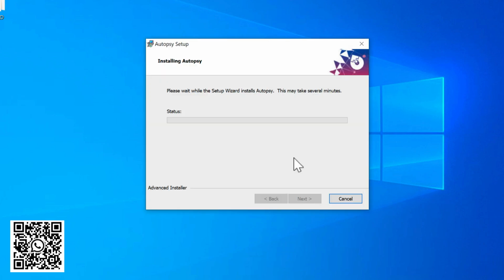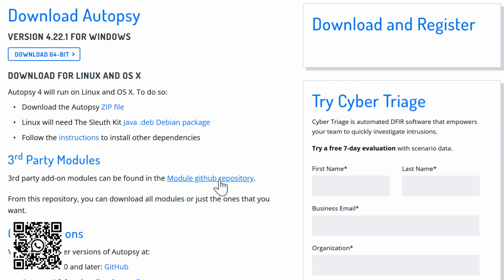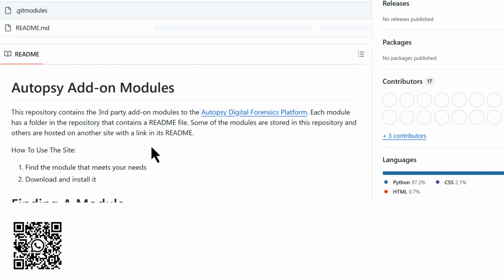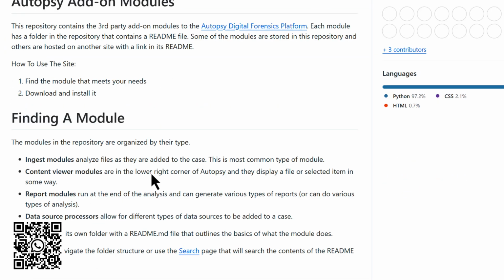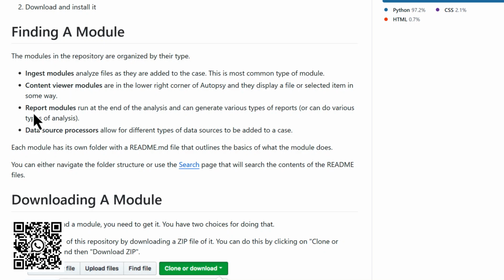We don't want to open the readme text, so we deselect the option and click on finish. Once the installation is complete, everything is fine. You can go to the Autopsy page to check third-party modules, and if we require, we'll be installing them. Third-party modules include modules that allow us to generate reports and various other modules which are not required right now. So if you want, you can install them. Once you visit their official website, you will be presented with a screen and a GitHub repository where installations will be shown.